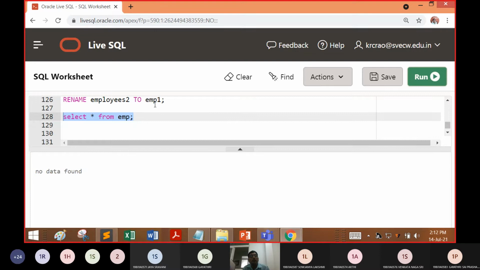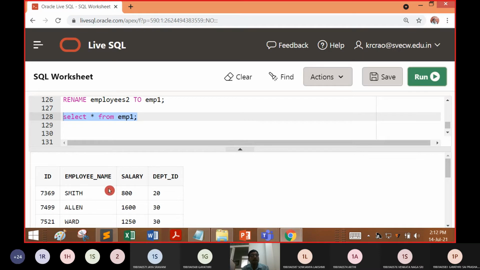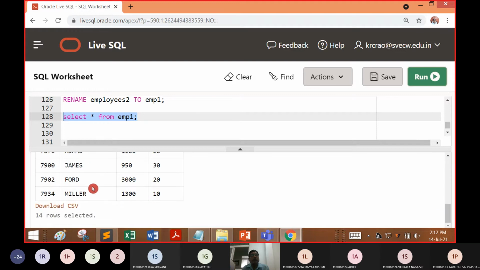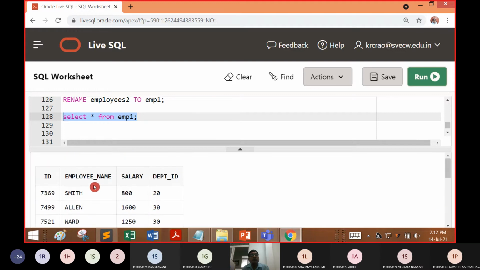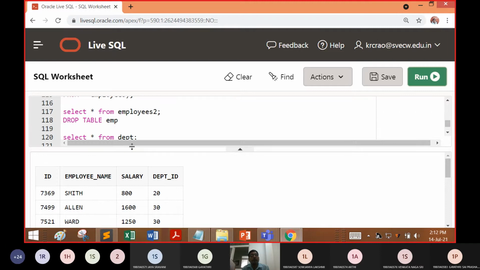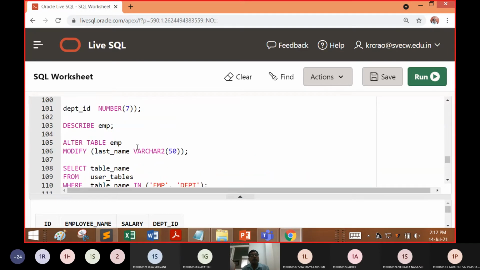No data found. So we have ID, name, etc. and employees 2, it is there.